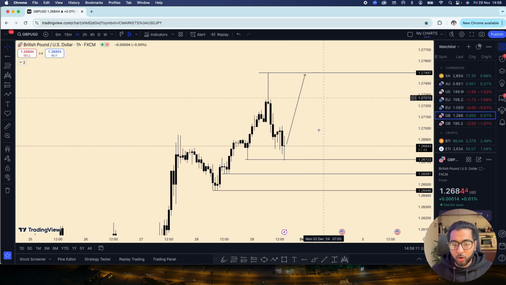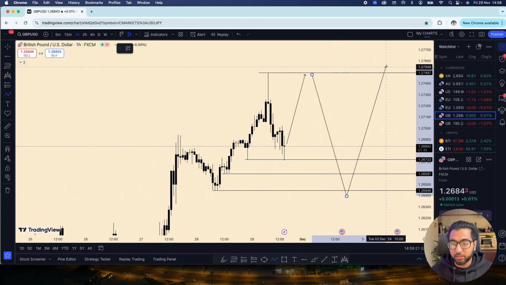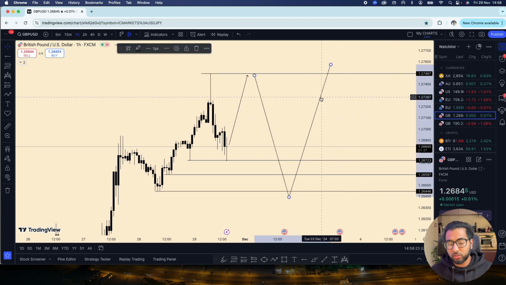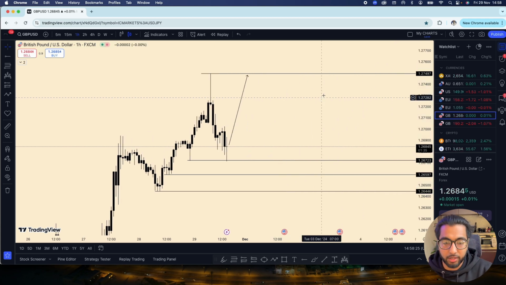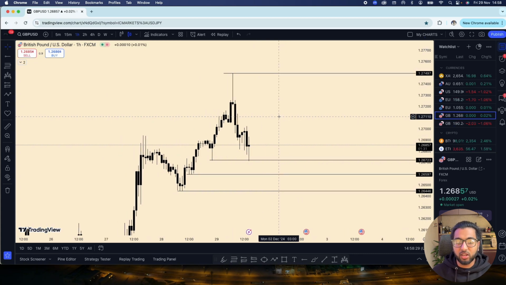Now you're probably wondering, oh, what about these lows right here? Well, eventually price will cover those up as well. Price will eventually cover up these lows, and then it's going to also do a reaction like this. So obviously it's not going to be as crazy as that, right? You're not going to see anything crazy like that. But you need to start practicing this. You need to start understanding this.